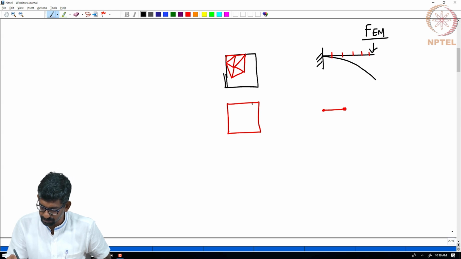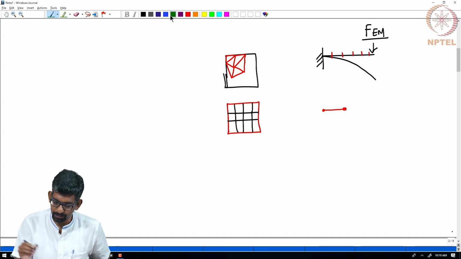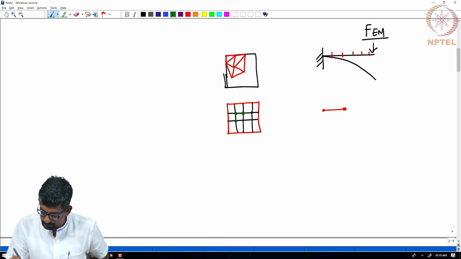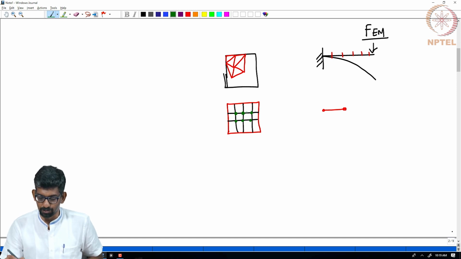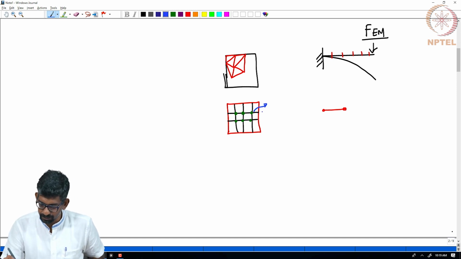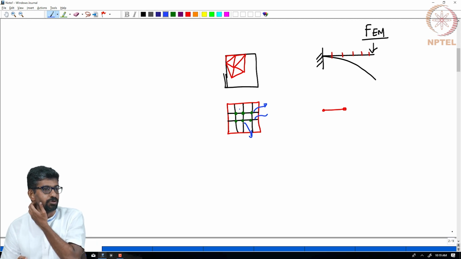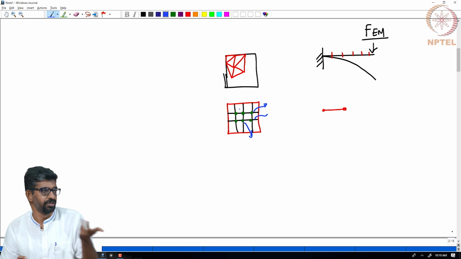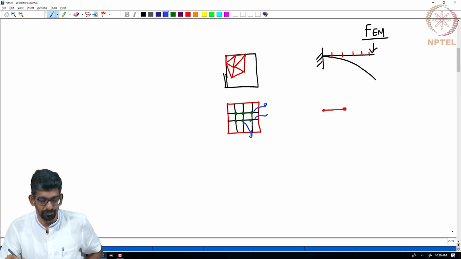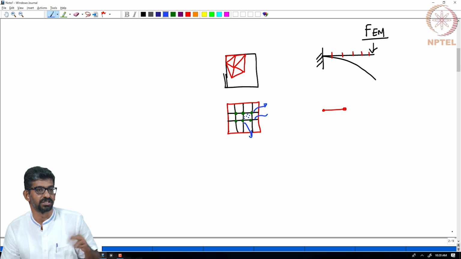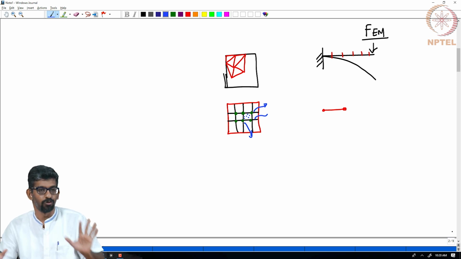The point is, each of this is an element. The point that I want you to appreciate is, each element has a node. What I will do is I will look for the solutions at each of these nodes. I will find out the displacement at each of these nodes, but that might limit my solution, right. I know the solutions only at a few locations. We know a simple way by which I can interpolate these to find out the displacement or stresses or strains wherever I want across the structure. This is the overall idea of finite element.